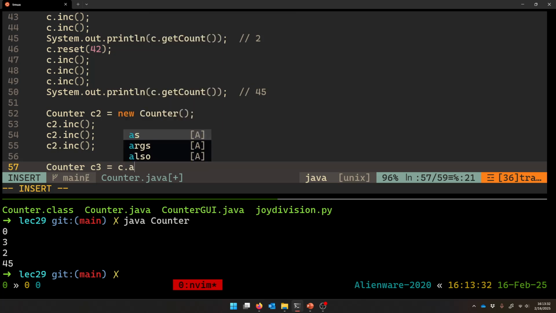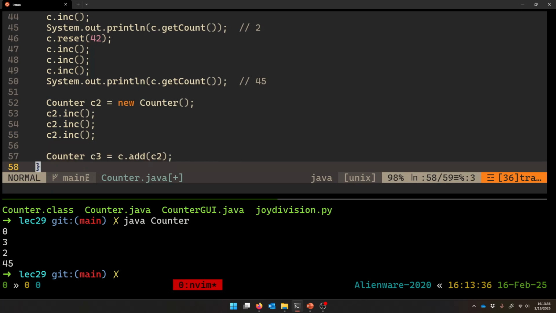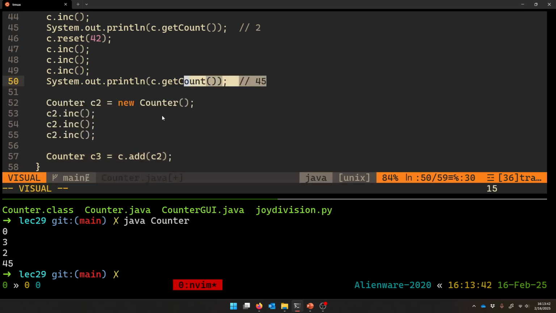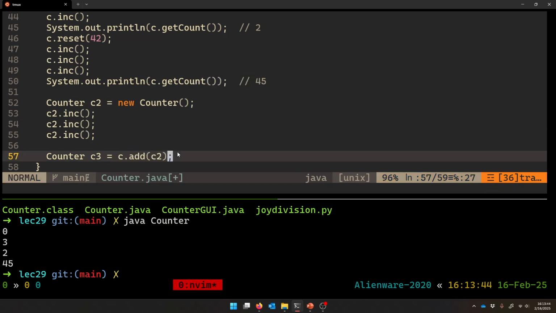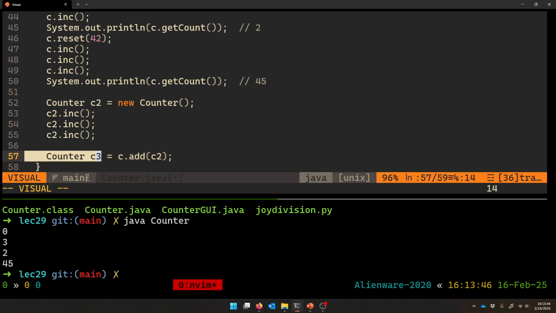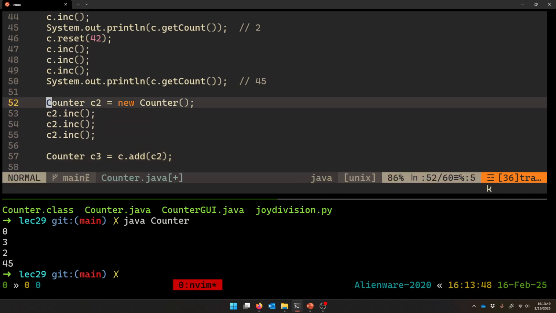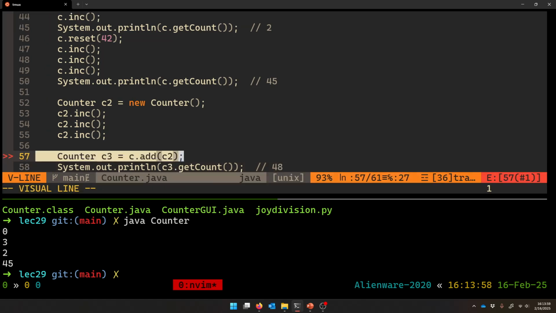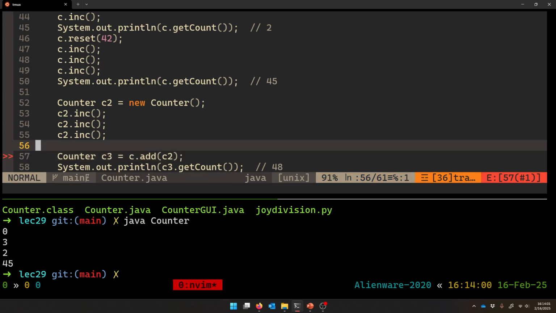I want to be able to say like C, add yourself to C2. Sadly, we can't use the plus, but that's good enough, I guess, in Java. And then the counter's count should be, this was holding 3, this was holding 45, so this should hold 48, for C3. So let's confirm that. So this is C3.getCount, and that should hold 48 in theory once we get this add method ready. So okay,